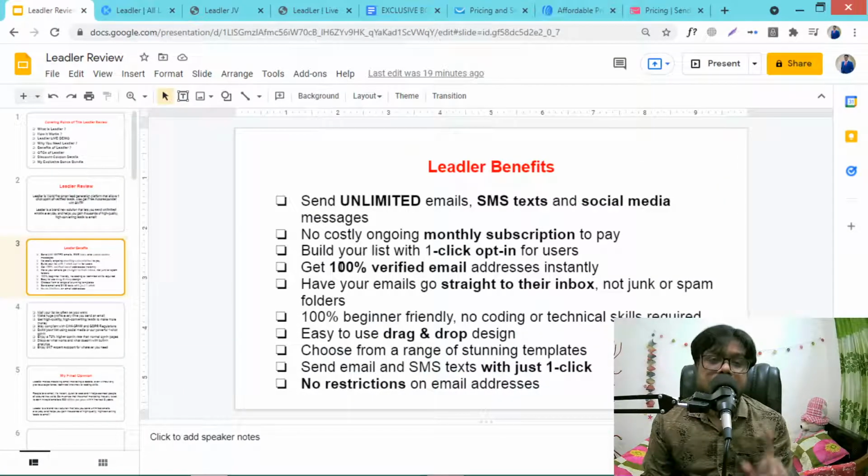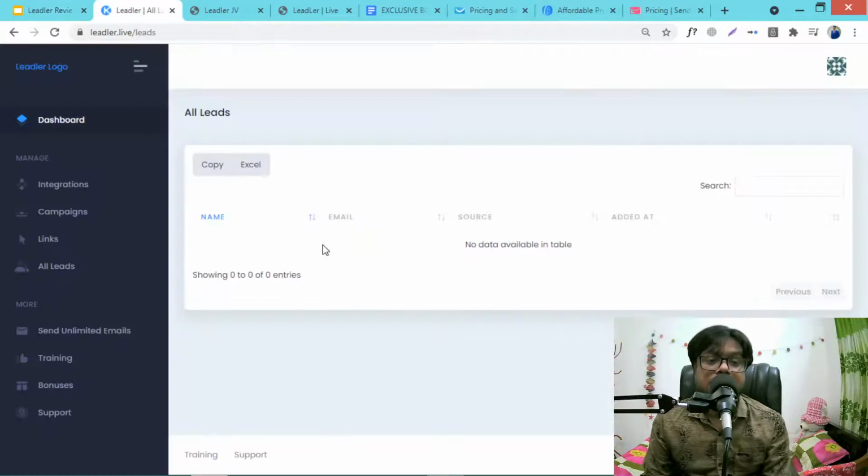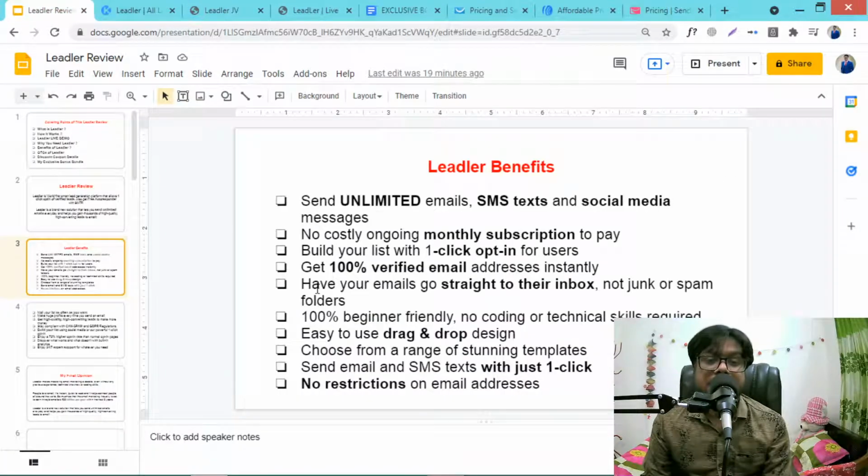It's just one time, so no costly ongoing monthly subscription, and you can build your list with just one-click opt-in for users. I have shown you how it works: just one link, and you will get 100% verified email addresses instantly. There will be no junk email addresses, just 100% verified email addresses, addresses which actually exist.